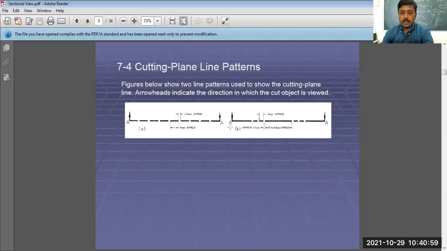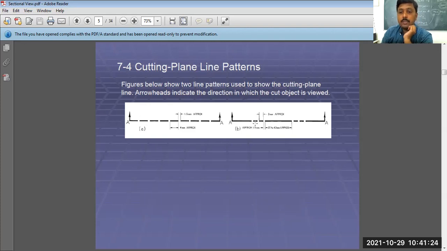Okay, similarly this is another type where we have to use this line. First, we have to draw a continuous line of 20 to 40 mm approximately. Then the middle line, okay, that is to be 3 mm.